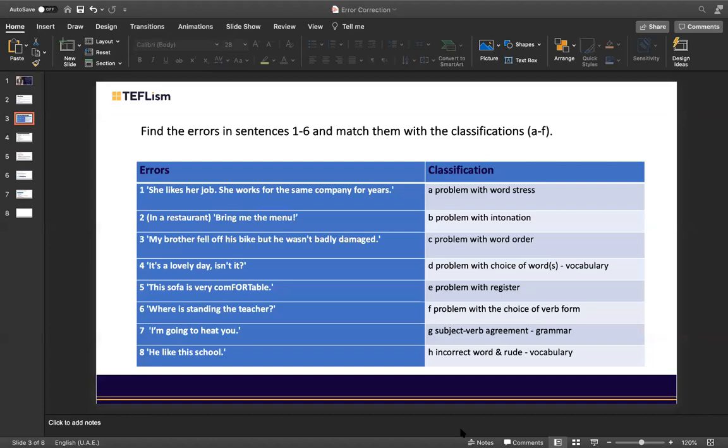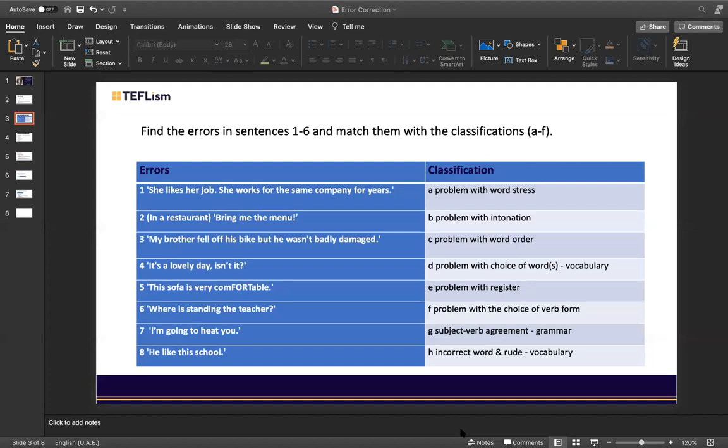So do you agree that number one is F? Do you have any problem with this? Number one, I agree, it's F,